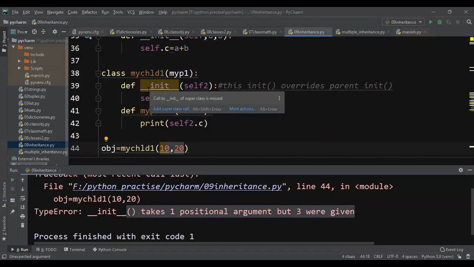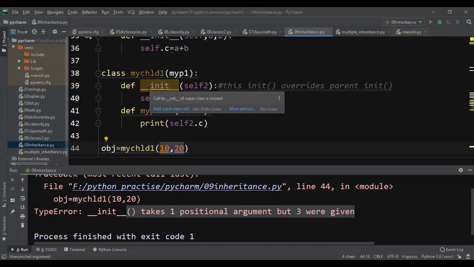Now see, in your application, only one constructor will be there. For example, assume this is the application. I'm having 2 classes. In 2 classes, only one class is having the constructor, so that constructor will be the constructor of the application. For example, I'm having class 1 and class 2. Class 1 is parent, class 2 is child. So parent is having a constructor, child is not having a constructor. Then the parent constructor is the constructor of your application, right?